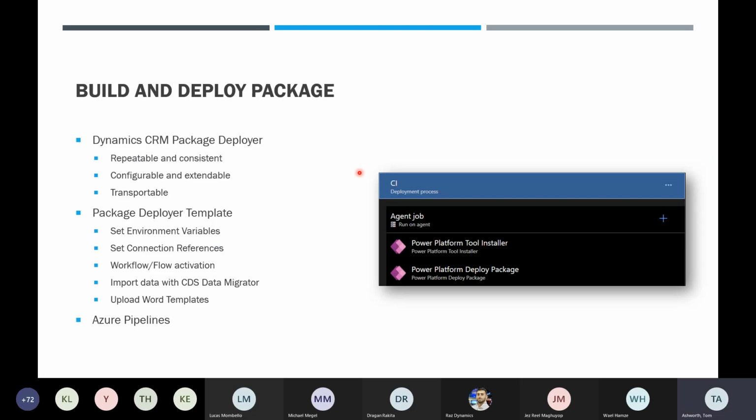The final stage to this process is to build and deploy it. And for that, we use the CRM package deployer. We rarely deploy solutions as they are, and we prefer using the package deployer for a number of reasons. That's because they can be more repeatable and consistent when we're deploying to an environment, especially when you consider any manual steps that may be required, making sure that the solutions are in the right order and stuff like